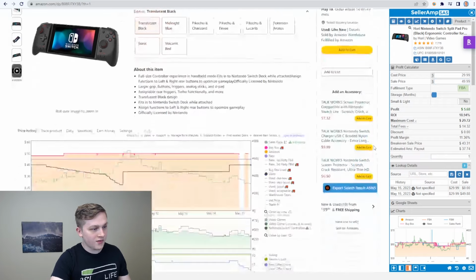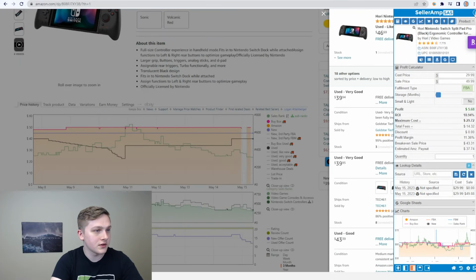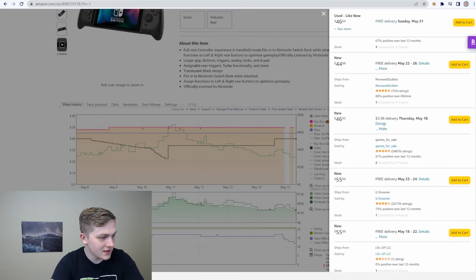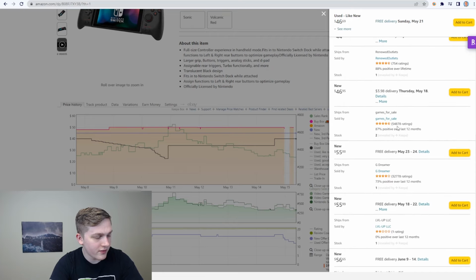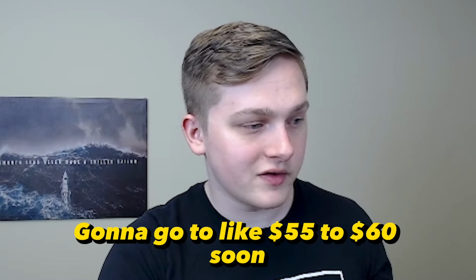Let's look at what the other offers are selling this for. There's no new buy box right now, just used. So let's look at these other offers. The lowest new is going to be 45. They just have one in stock, and then it just goes up from there. So honestly, the price is probably, if Amazon doesn't come back in stock, going to go to like $55 to